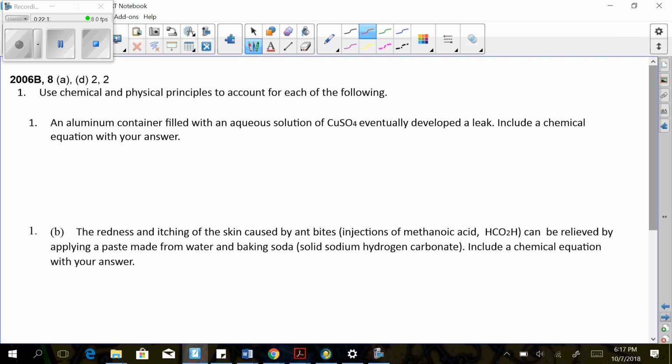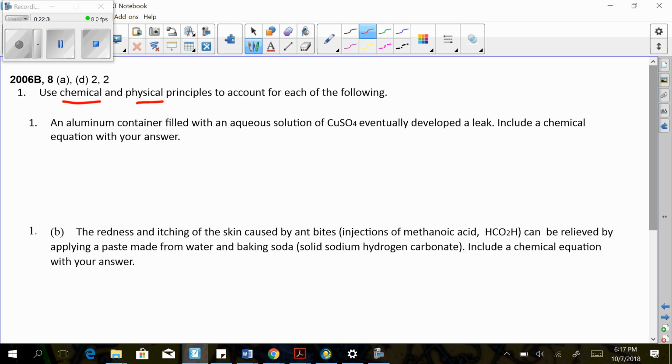Okay, on to the next question. Question number 3 in our packet is from the year 2006. So hopefully you kind of answered these questions and you're following along, checking your work, and you try to work them before I do. So we are going to use chemical and physical principles to account for each of the